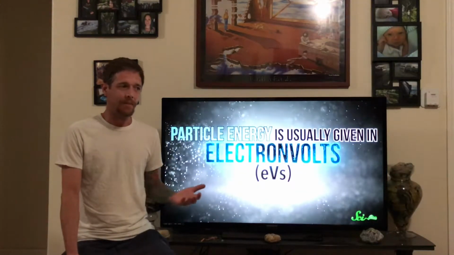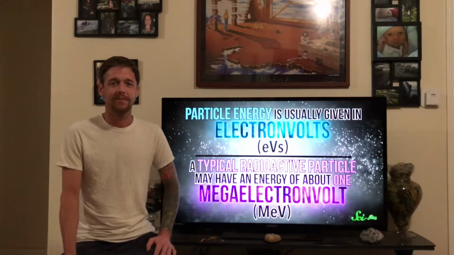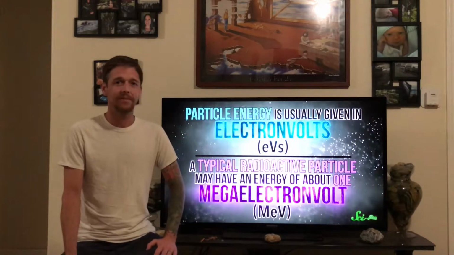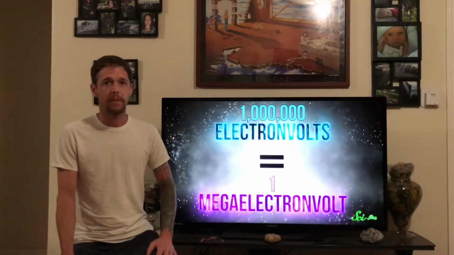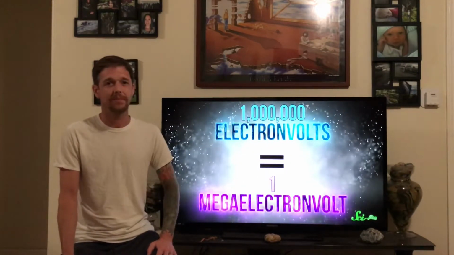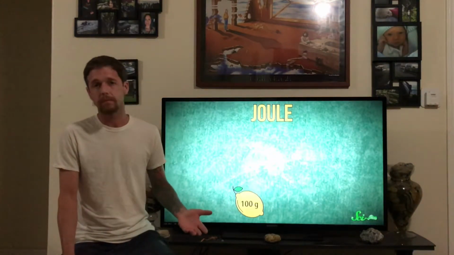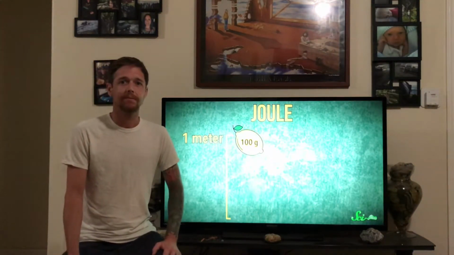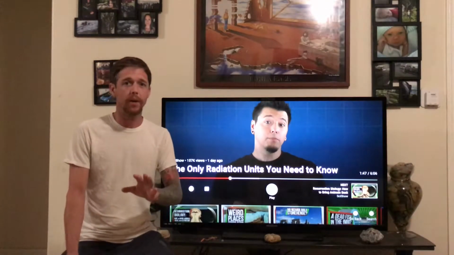Particle energy is usually given in units called electronvolts, or eVs, and a typical radioactive particle may have an energy of about 1 megaelectronvolt, or MeV. That's 1 million eVs. And while that might sound like a lot, it's nothing compared to our everyday standard unit of energy, the joule. The energy needed to lift 100 grams up by 1 meter has 6 trillion MeVs in it. So I just want to point out really quick